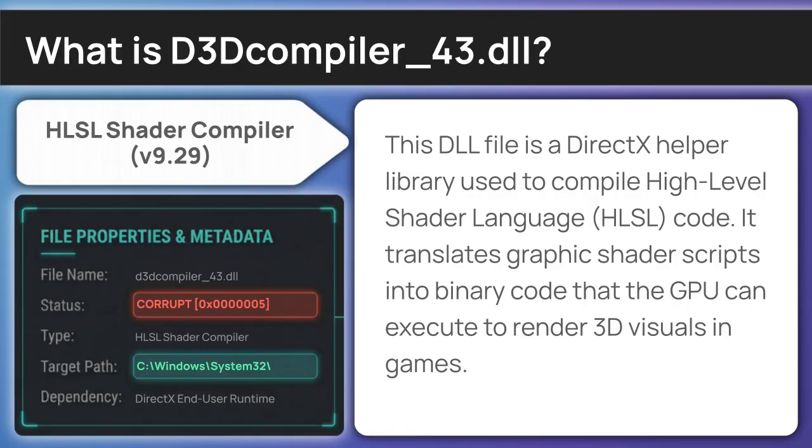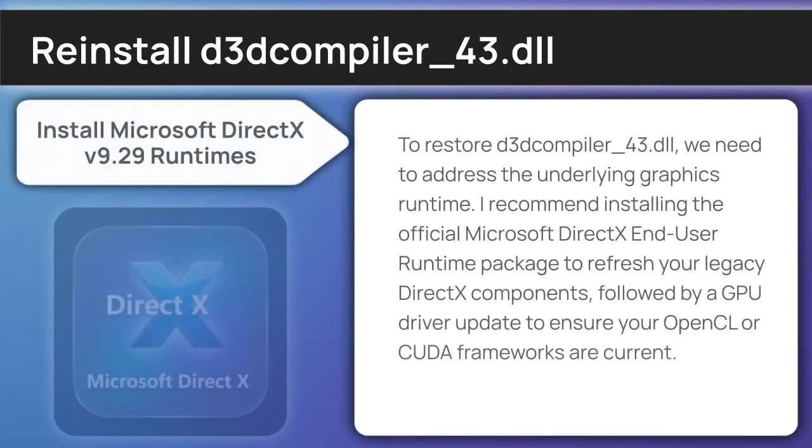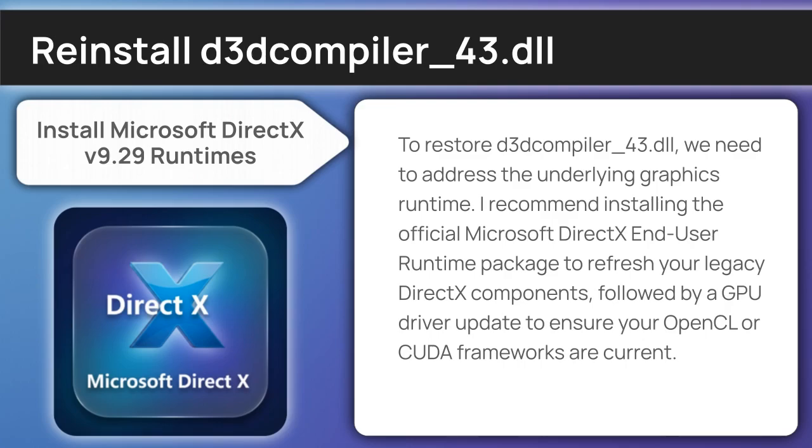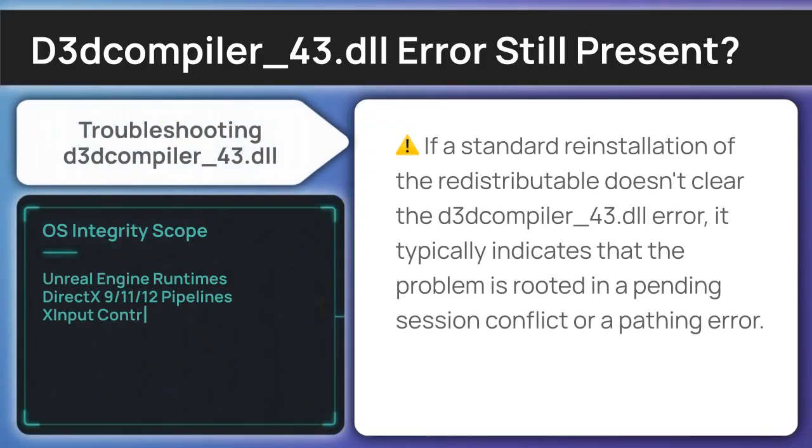Let's transition to the solution, starting with the official Microsoft redistributable. The D3D compiler 43 DLL is part of a game or graphics runtime. Install the Microsoft DirectX End-User Runtime to restore legacy DirectX components, then update your GPU drivers if the file is hardware accelerated. In cases where the official installer remains ineffective, we must escalate to a manual review of your system's